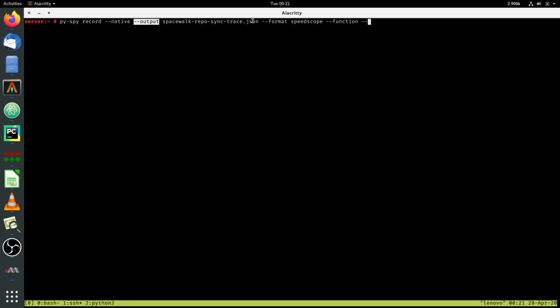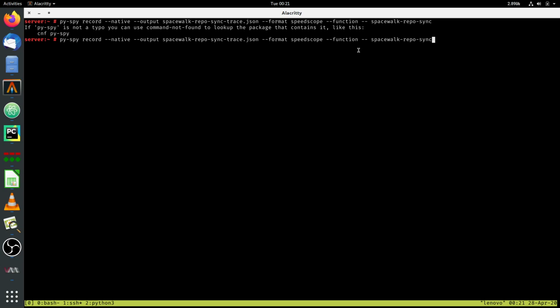You specify an output file with a format, and I will go through that in a minute. And you can also get the function name optionally, and then you run your program. So it might be Python 3 and whatever else, or a name of a Python tool like spacewalk repo sync. Interestingly, in this case, it's not installed. I think it's in this directory. No, it's not here. Okay, never mind. Anyway,